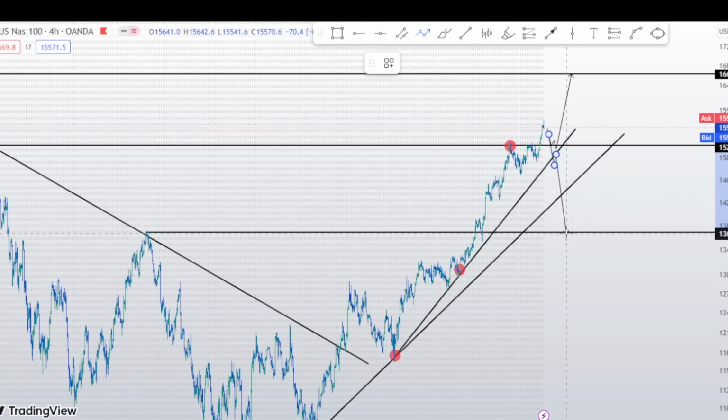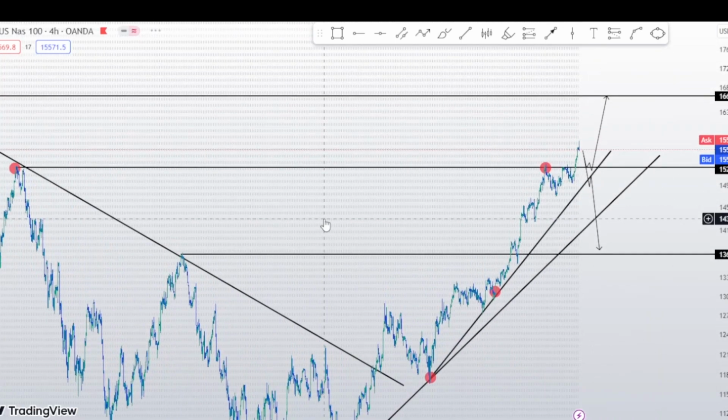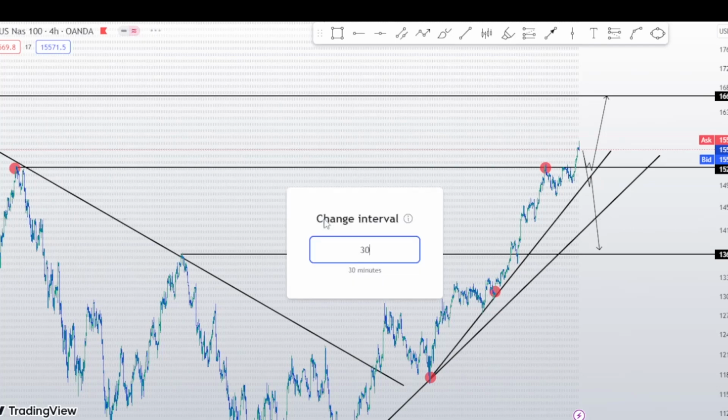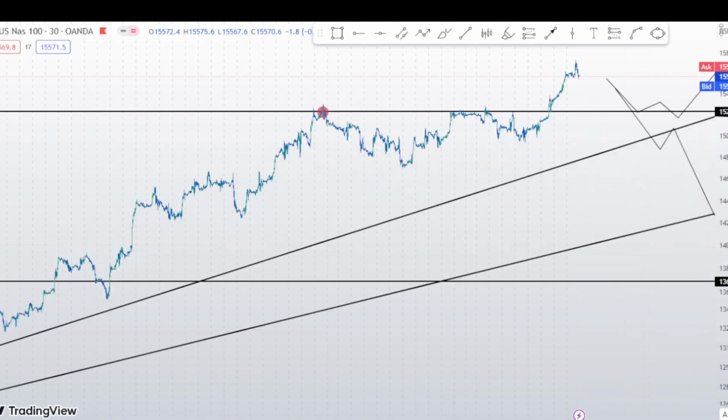And if it doesn't, we're going to be looking at the next level here, which the market has already broken and retested, and it went up. So this is all on Nasdaq. And if we go to 30 minutes or 1 hour, what I drew there is still going to be the same info, of which you just have to